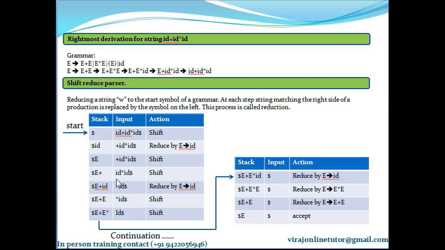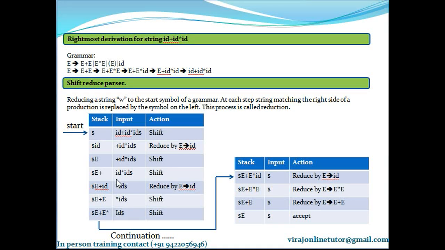What's a top-down parser? A top-down parser is one in which we start with the start symbol of the context-free grammar and we keep on moving downwards till we match the user input string. It's top down. We start with the start symbol and go towards matching with the input string. In a bottom-up parser, we start with the input string and we move backwards. We complete the processing when the starting symbol is encountered. So bottom-up is the opposite of top-down.